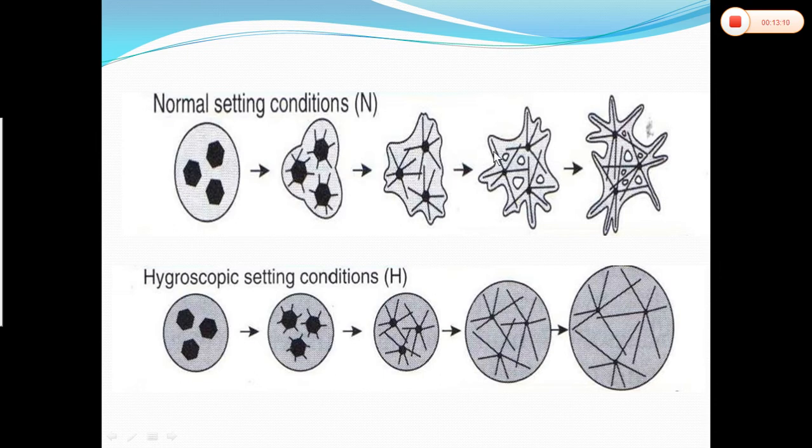As the crystals are growing, water content is getting reduced. So this happens until water is present. Once the water is completed, it leads to expansion. The same applies in hygroscopic setting expansion. Here, hemihydrate particles are present in water and the dihydrate crystal is growing from a nuclei of crystal. See here, this hygroscopic setting expansion is taking place underwater.